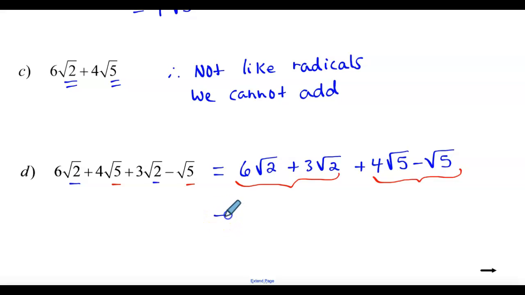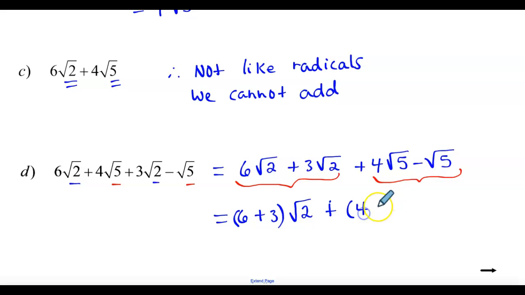So I won't end up with just one single mixed radical. I'll have 2. So 6 times the square root of 2 plus 3 times the square root of 2 would be written as 6 plus 3. So that's taking each of the coefficients, adding them together. We put a bracket around it and write it next to the square root of 2. And then we have